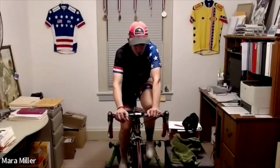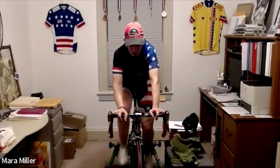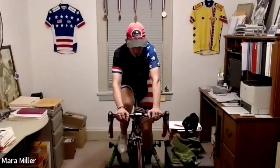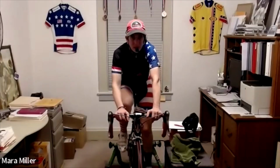All right, now I want you to really bring the legs down. So I was at 85. I'm going to go to 80, which really feels like I'm not even pedaling. But that's what we want. That's the kind of cool down we want. Just enough to get the body to start recovering,